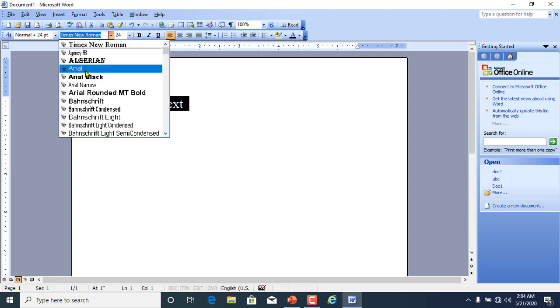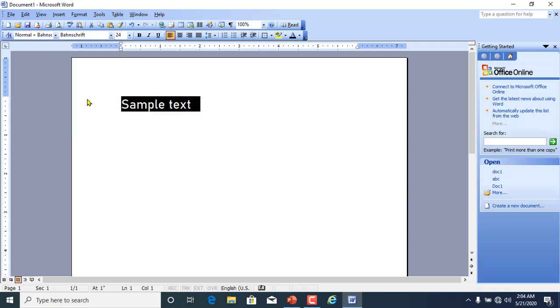You can change the font of your text. You can make it bold. You can make it italic. You can underline this text, left align this text, center align, right align, justify. You can apply all those commands on that text.